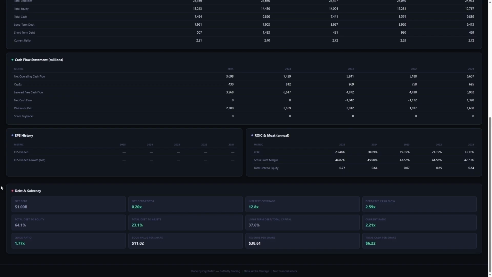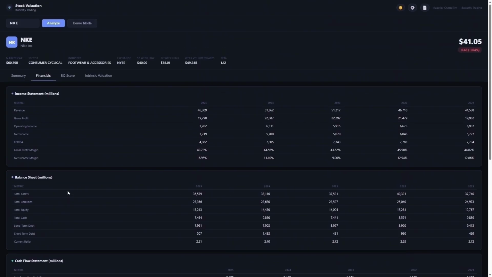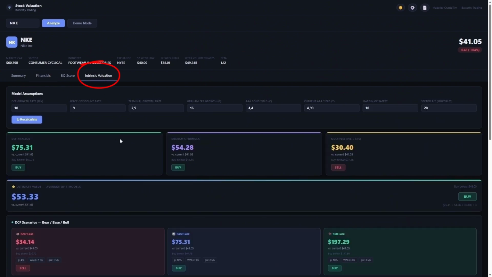And you will see sometimes it will show you green numbers which are positive, sometimes it will show you red numbers which are quite negative. So that's quickly the financial tab. Then finally we have the intrinsic valuation tab. So if we click that one,